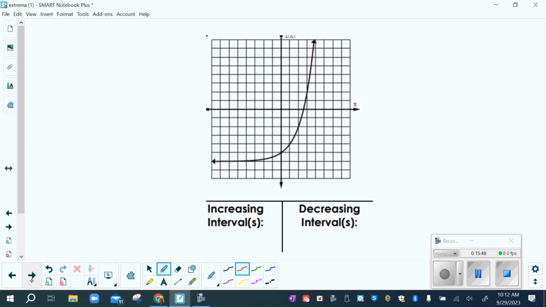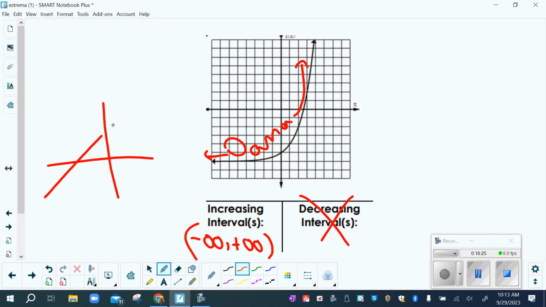Okay, so here's what. Sometimes you don't have both intervals. Take a look at this one. Here's me writing my name. On this one, it's never going to go down. It's the saddest roller coaster that just keeps going up, up, up, up, up. But we never actually get to the part where it goes down. So there is no decreasing interval. It is just negative infinity to positive infinity. Most lines are like that. If I'm graphing a line, same thing. It's going to go negative infinity to positive infinity.